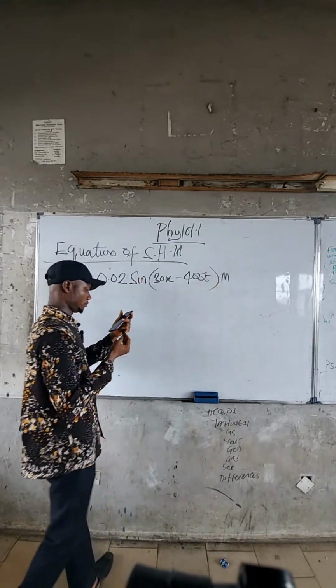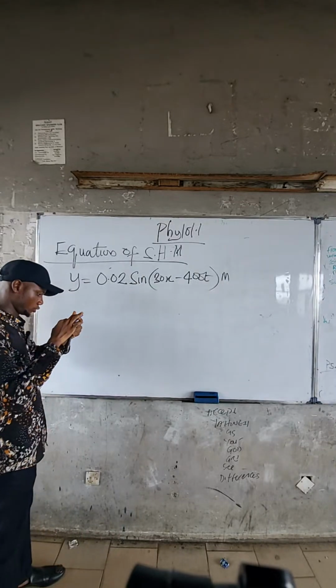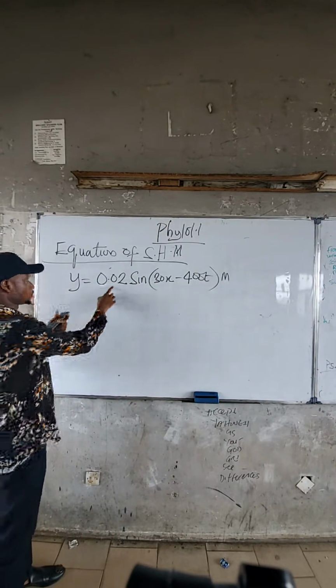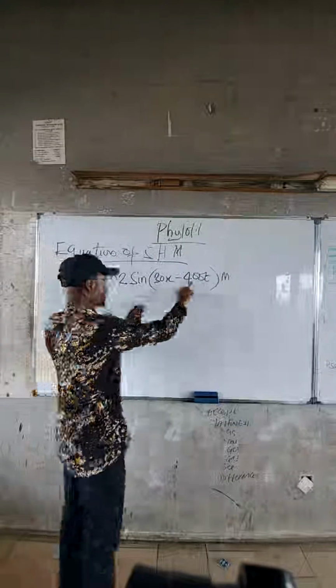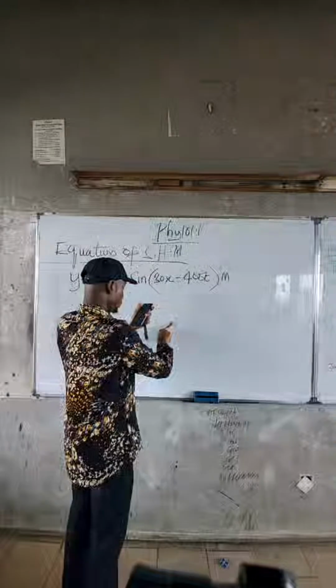Let me repeat myself again. If y is equal to 0.02 sine of 10 minus 400t, in meters,